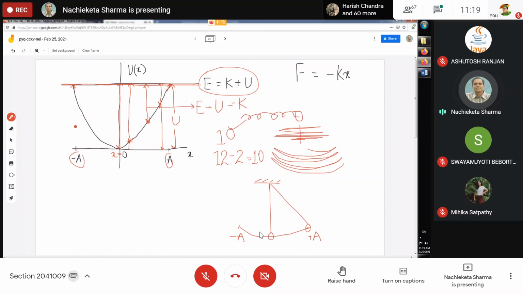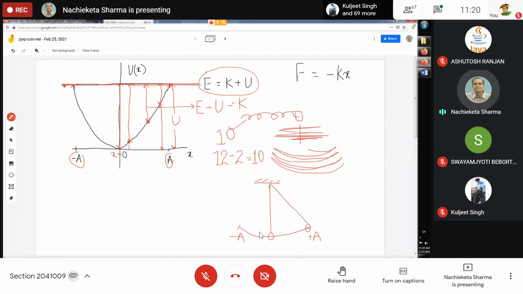So you understand now how so many pieces of information can be obtained from an energy diagram. You can know the value of the amplitude if you have a scale, and if you know that the graph has crossed at this point, you can measure this distance and find out the amplitude, or the maximum displacement of the oscillating body from the mean position.